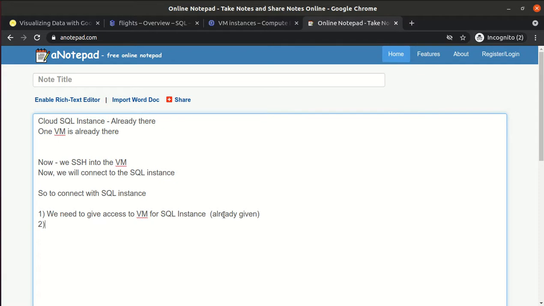Otherwise we can use the patch command. Patch command is used to basically... Now we will connect to MySQL. So when we connect to MySQL, there is a command. We will connect with MySQL within the VM, right? So when we go into the VM and type the MySQL command, we need to give the